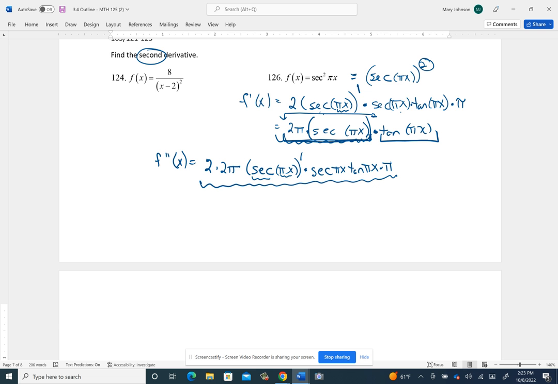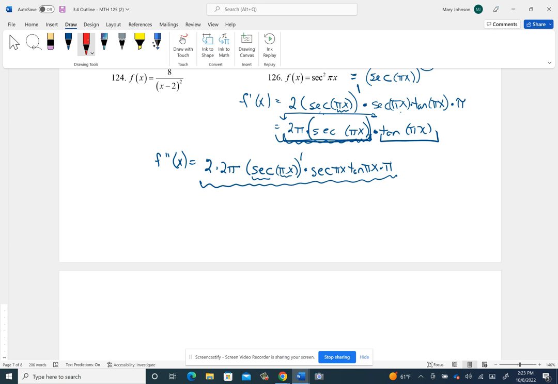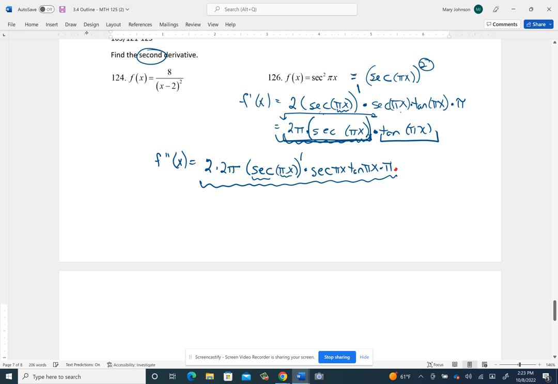So I need to multiply that. We'll change to a different color. Multiply that by the second function as is. But there's way more than that. It's much longer than that. I'm going to have to go to another line because I'm going to have to add to that the first function as is. So this is just a big plus, and then I'm coming down and writing the rest. So this is the first function as is